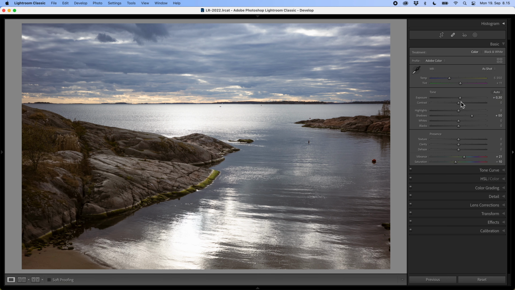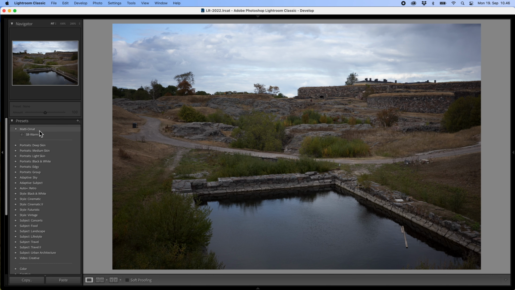I don't always use presets, but I have some of my own presets that I like, and I recently made this